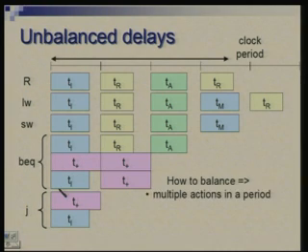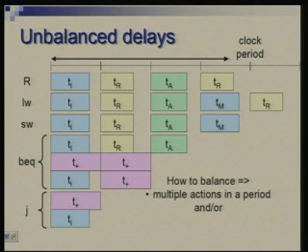How to balance? One possibility is that you can have multiple actions in a period. If there are 2 actions which are taking very little time, you can do 2 in a clock. Earlier we were doing everything in a single clock, so that kind of idea could still be retained. We need not say one action in one clock cycle; although that is the simplest thing, it may not always be very beneficial.